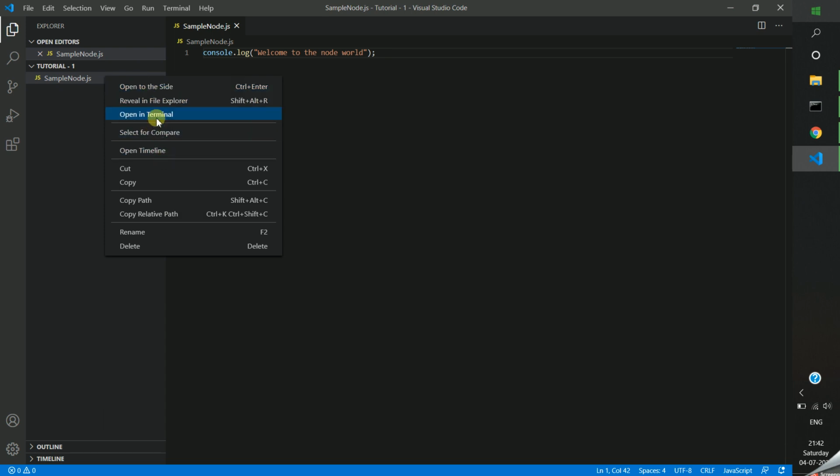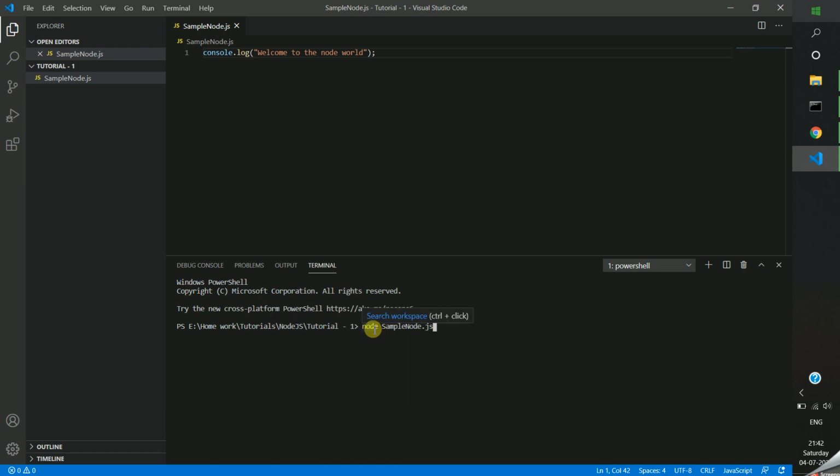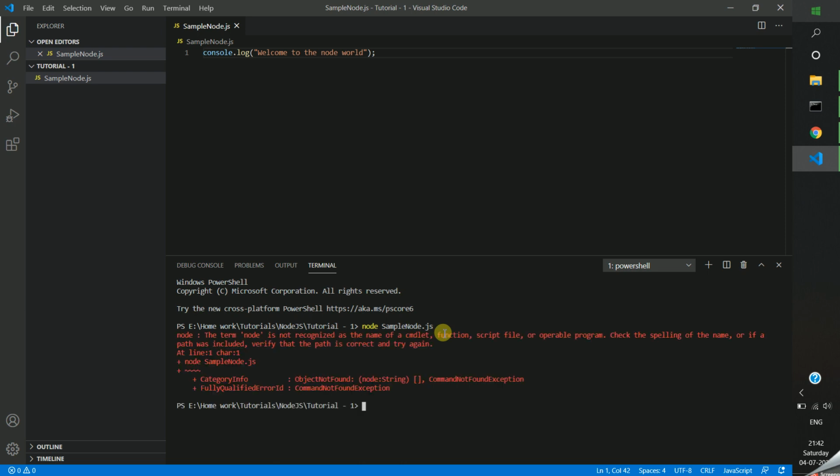I'm using the same terminal here. If you are using any other editor, you can go with your command prompt itself. You can do it there also. Just type node and your project file name. Our file name is sample node.js, right? Yes. The node is a keyword to run the file. Actually, it is an interpreter. This interpreter will run it.